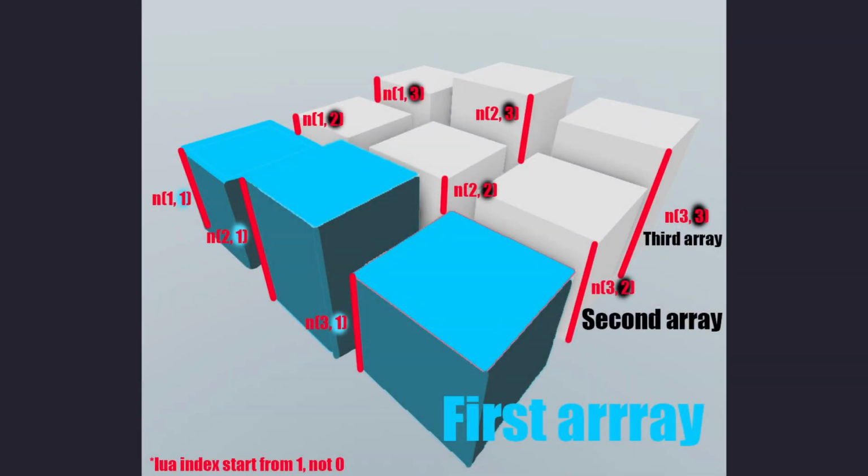Now, to render a 2D array, we should try rendering a bunch of 1D arrays. It should look something like this. Of course, we can also get a 3D array by rendering a bunch of 2D arrays, but for now I won't overcomplicate things and will stick to the 2D array.